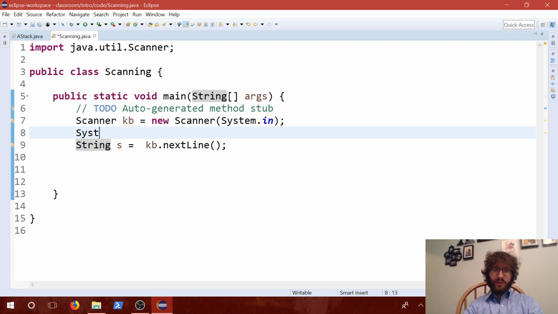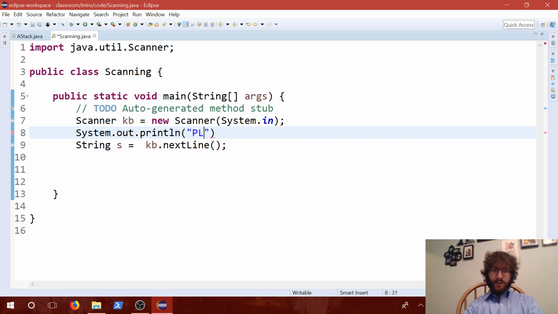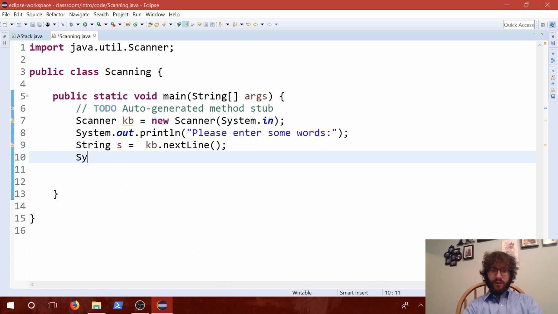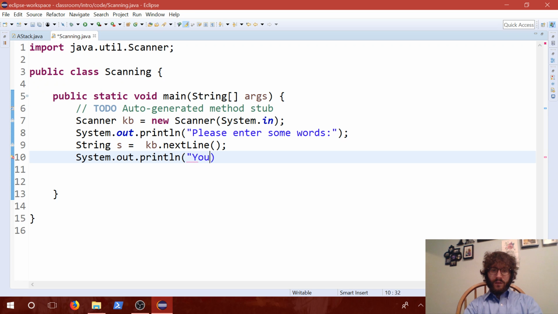Right, we could do some System.out.println, "Please enter some words." And then we could enter System.out.println, you put in